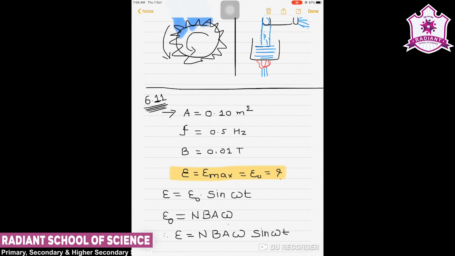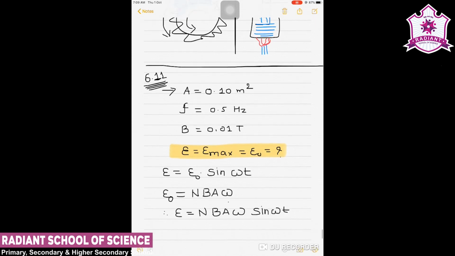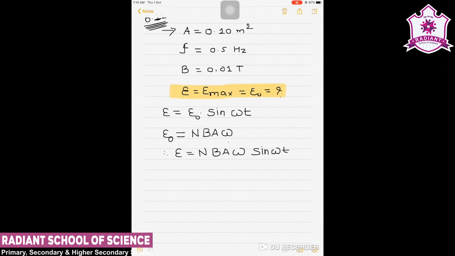We are also given that the magnetic field and coil are perpendicular, so the angle is 90 degrees. As the angle is 90 degrees, sine omega t will be 1, and therefore E0 will be